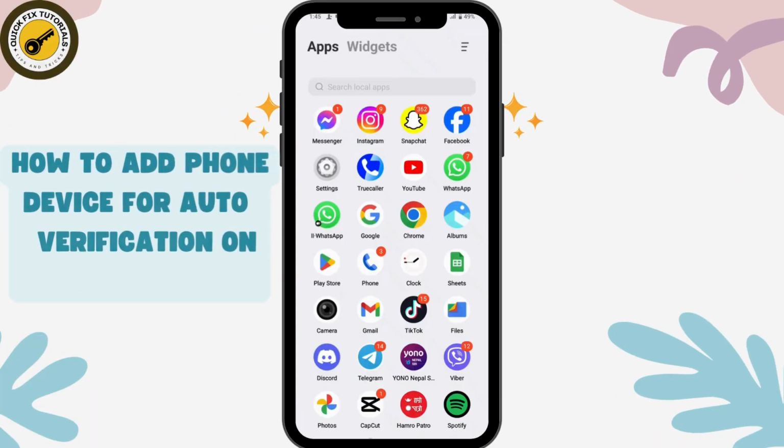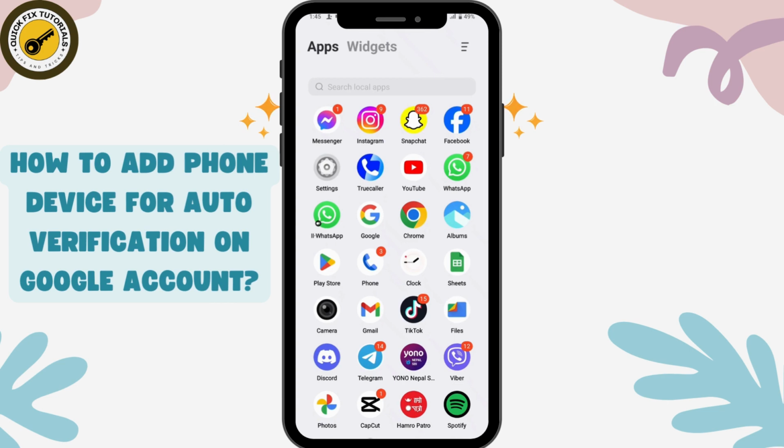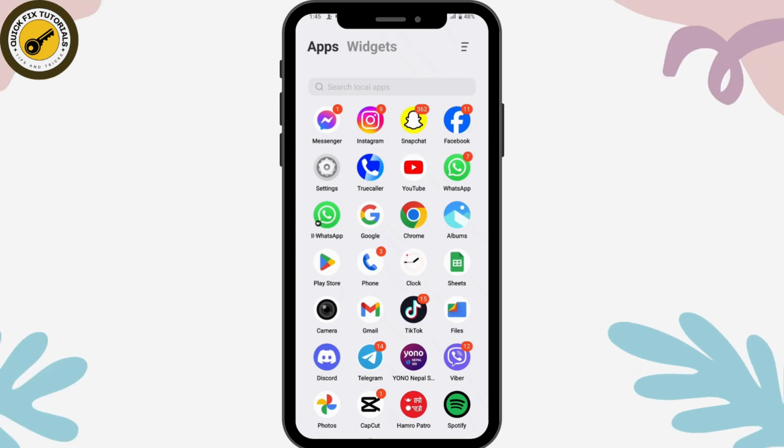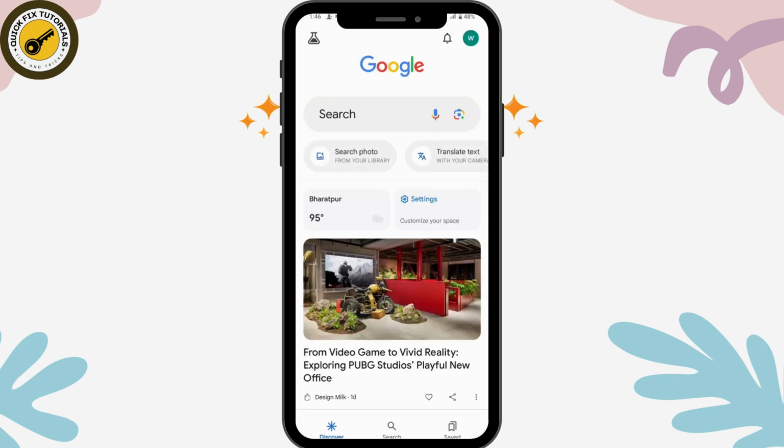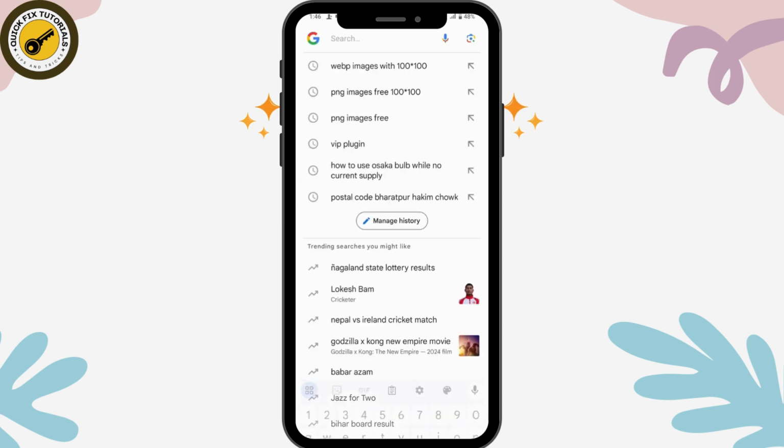How to add phone device for auto verification on Google account. So if you want to add your phone device for auto verification on your Google account, then first you need to open up your Google. Once you open your Google, tap on the search bar and then search for